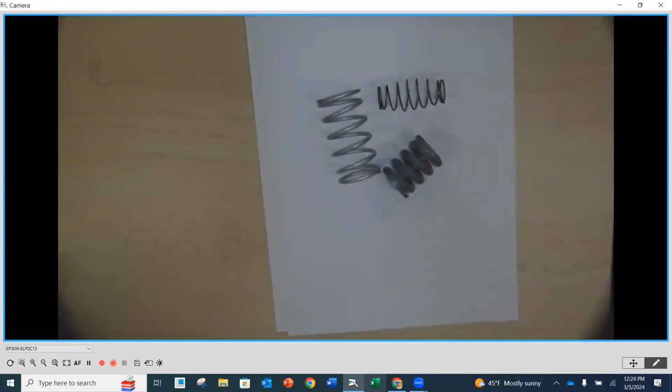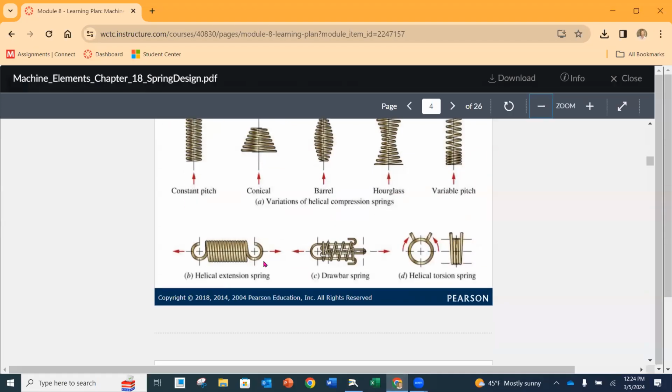Then as we look back at our PowerPoint presentation, you're going to notice underneath here, there are also extension springs. Now I have a couple of extension springs here as well, and I'll have these up in the room so you guys can come and play with them if you want to. But extension springs,